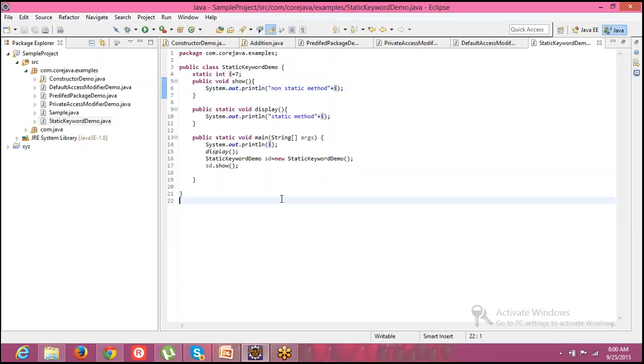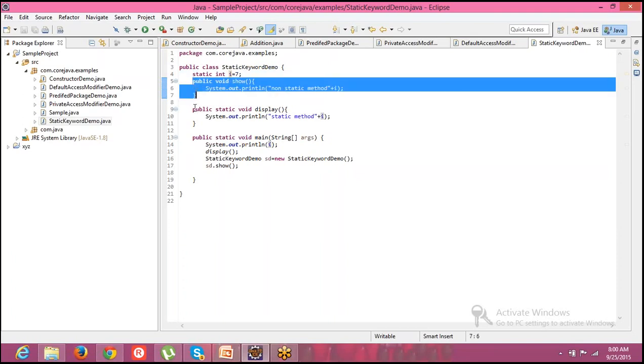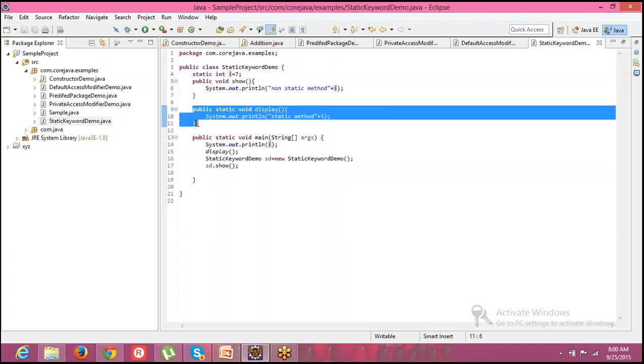So from this what we can conclude is static variables are accessible in non-static method as well as static method. Agreed? Yes. Okay, that's great. So static variables are accessible in static methods as well as non-static methods.